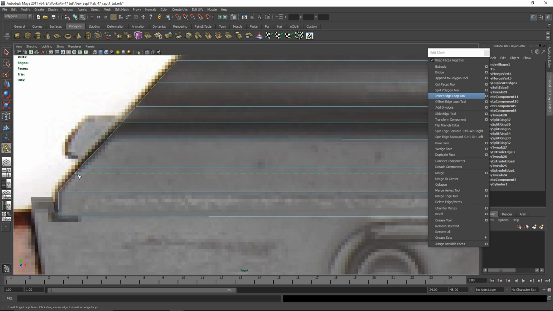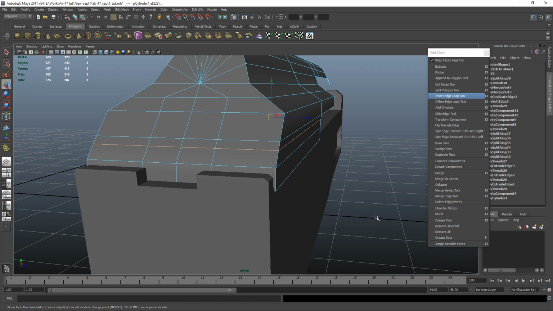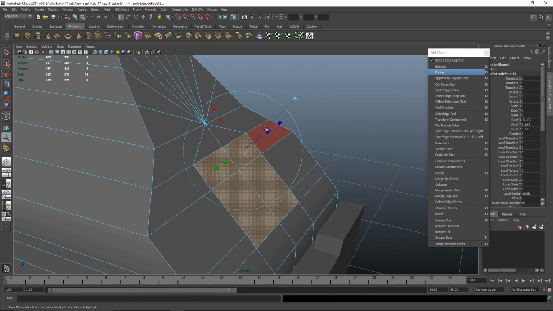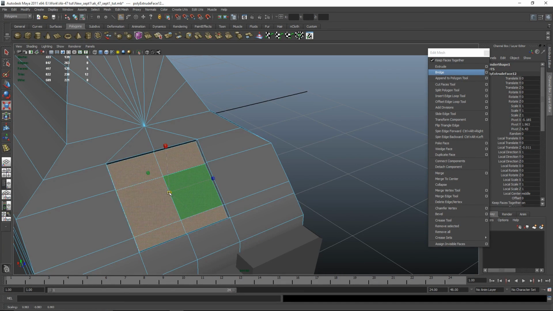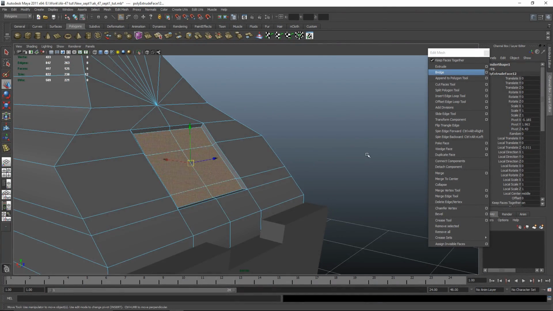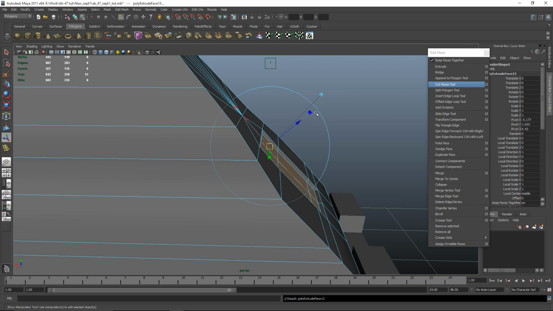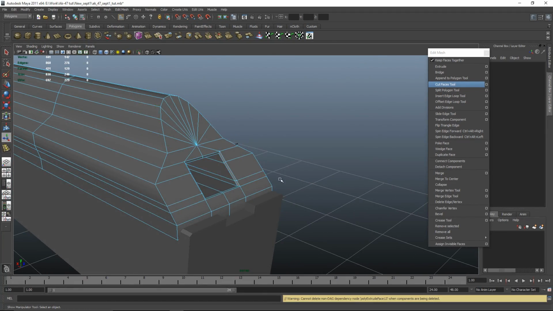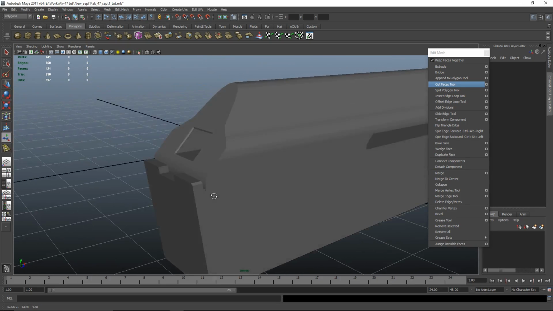Maybe I'm just going to add another edge loop right here, like so, and select these faces so it looks like a square. I'm going to extrude, and I'm going to use the scale tool, like this, and extrude again. This time I'm going to use the little circle so it extrudes inwards like so, and I will delete those faces as we do not need those anymore. So here we are,